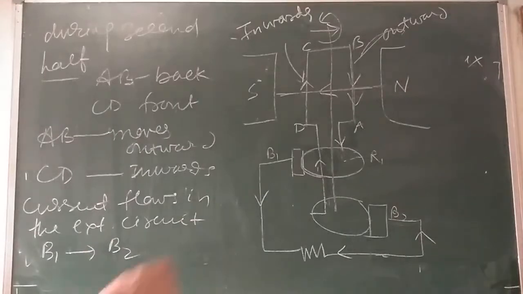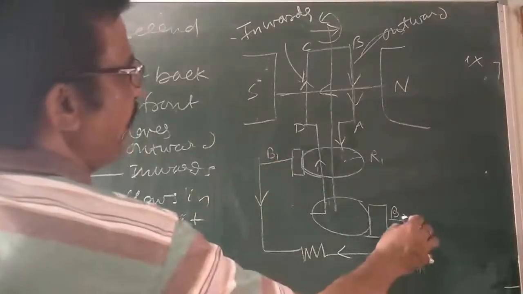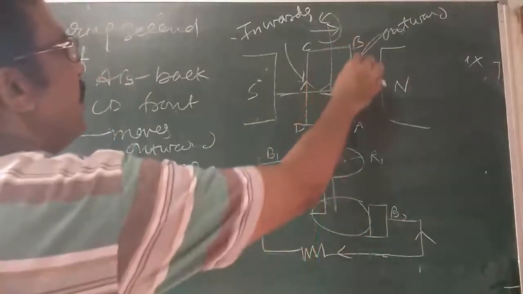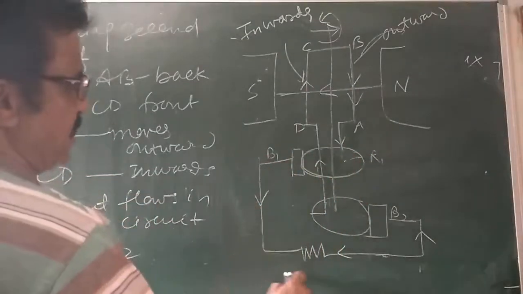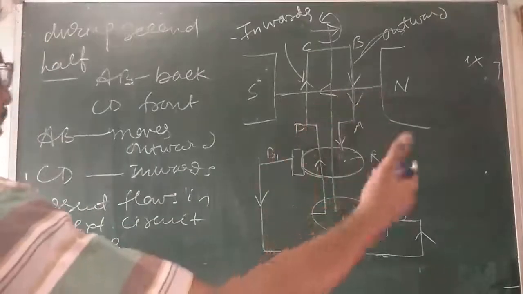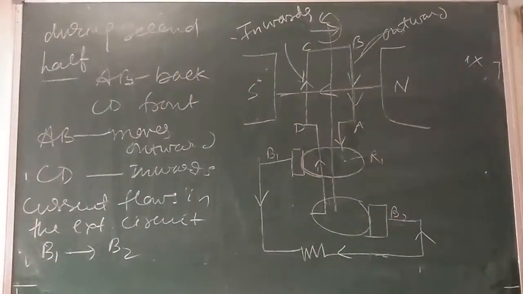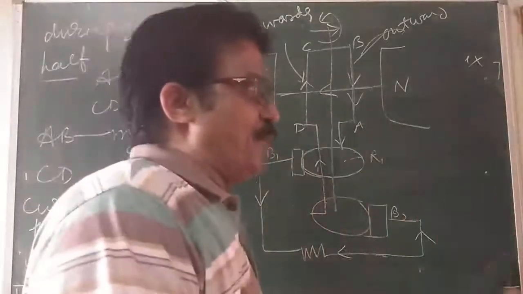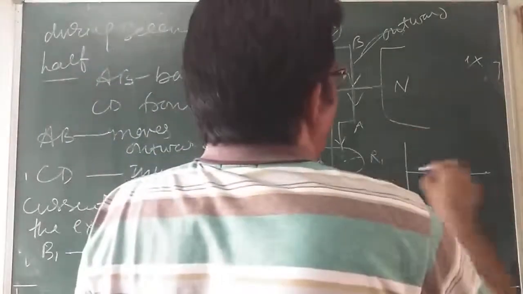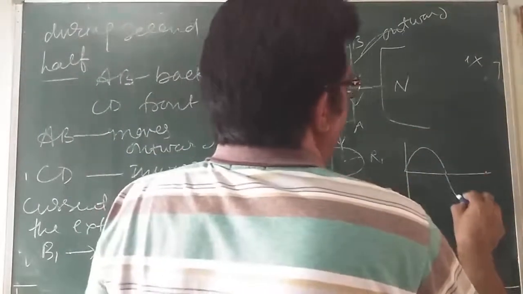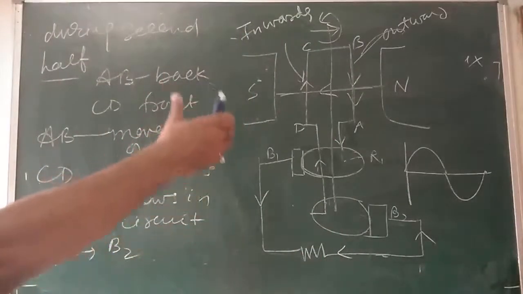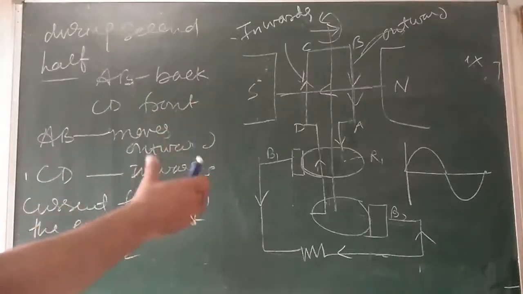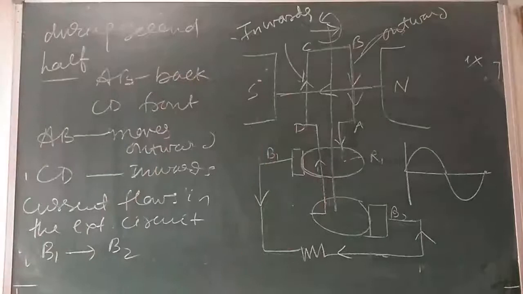Is it clear? So you can see here this is the current and it is going like this. Here in this manner it is being connected, which is why the current comes like this. So in the external circuit we are getting the current in the opposite direction. So induced current in the external circuit changes direction after every half rotation. During the first half, suppose the current is something like this. In the second half, the current is something like this. So induced current in the external circuit changes direction after every half rotation of the coil.